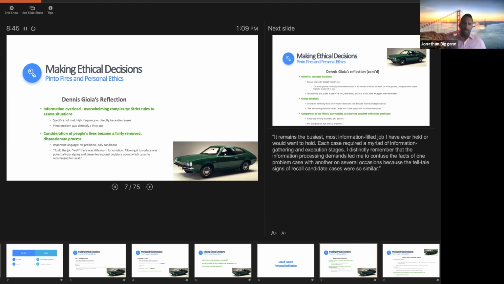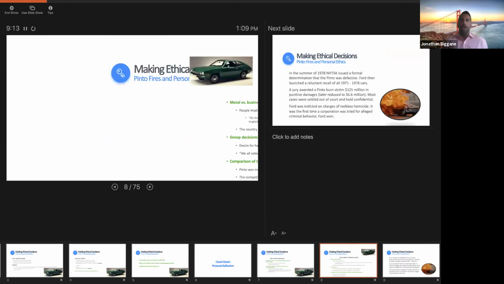So this is the context we're in: he's very busy. He's got a lot of different cases he's working on. They seem similar in a lot of ways. The Ford Pinto at this point didn't have too many cases that he knew about. And so this wasn't really a big issue, and in their organization, there were no problems, only conditions. And so he wasn't necessarily advised or encouraged to make a big stink out of a relatively small problem as he saw it.